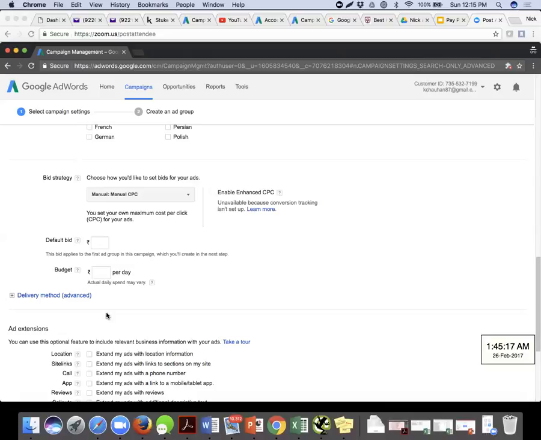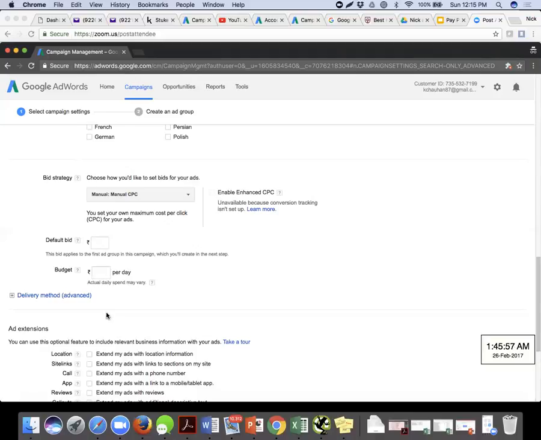So you are passing your entire effort, your entire work, to Google, and you're telling Google either I want maximum clicks, or I want maximum conversions, or I want my ad's position always to be on the top page. Ultimately, you are trying to reduce your work by opting for this. But as per my experience and other digital marketing experience, the automated ones are not so good, because of the kind of effort and brains which humans can put in, the technologies are not able to. So that's why we always choose manual bidding.